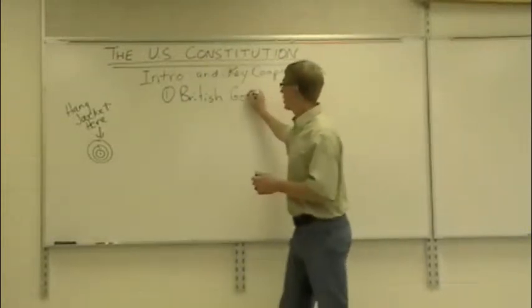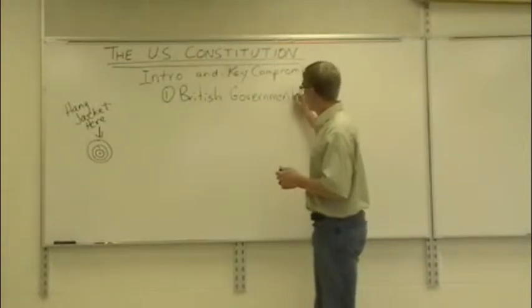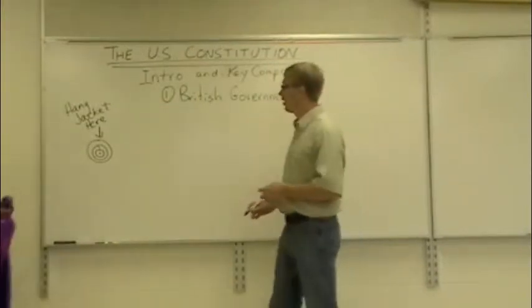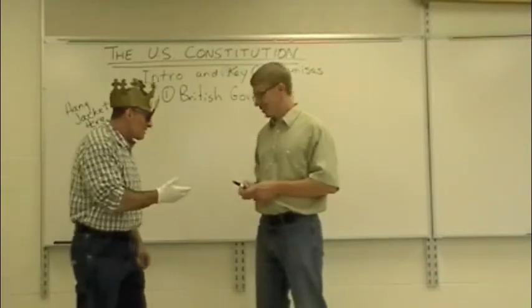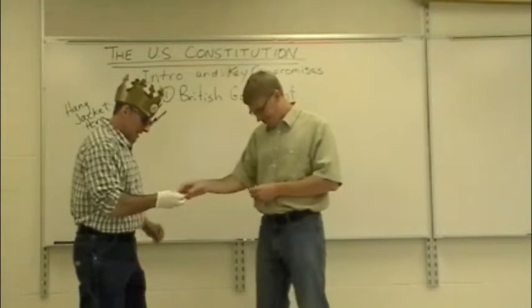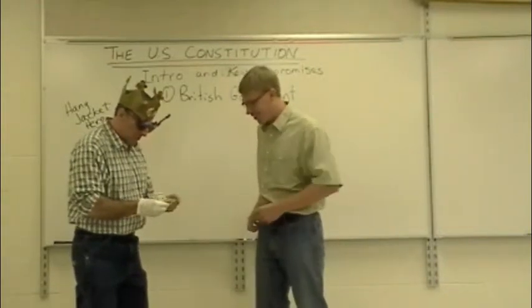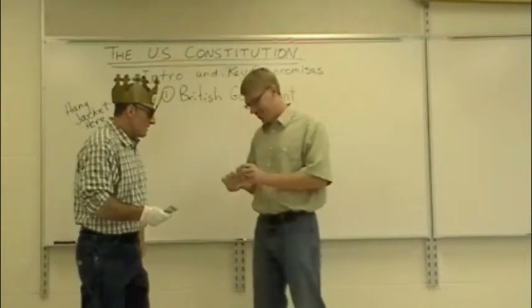We were just colonies, the 13 colonies. And we had the British government, okay? The British government liked to bully people around and take money. Taxes, baby, taxes. First the Navigation Act. Let's count these: 1, 2, 3. I want more. I need more money. The Sugar Act and the Townshend Act.